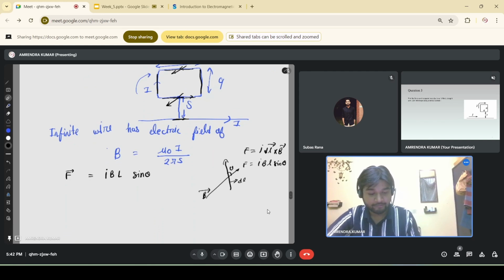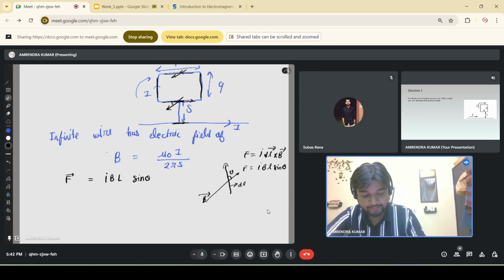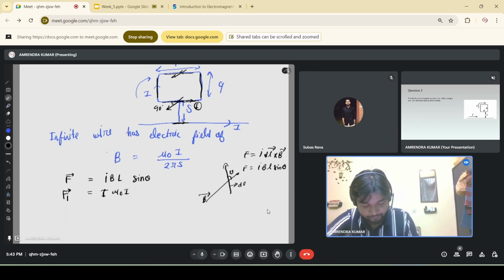ओके, तो हमें फोर्स ही कैलकुलेट करना है। चूंकि यहाँ पर इस वायर में मैग्नेटिक फील्ड 90 डिग्री एंगल बना रही है, तो एफ बराबर आई बी एल साइन थीटा, यहाँ पर साइन 90 डिग्री है। पहले वाले लूप पर, इस आर्क पर फोर्स 1 हो जाएगा, एफ वन इज इक्वल टू आई, बी की वैल्यू हमें पता है म्यू जीरो आई ओवर टू पाई एस, और साइन पाई बाई टू। यहाँ से हमें पता चल गया, एफ वन हो गया म्यू जीरो आई स्क्वायर ओवर टू पाई एस।